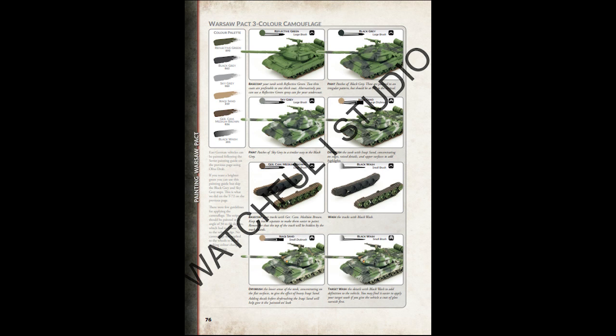Now, one of the things I did like about the Warsaw Pact book is showing you all the different kind of paint schemes that could be available to you. I mean, you could do that kind of standard green, but I really do like this East German camouflage scheme. If I did ever decide to strictly play East Germans, I probably would do that. For now, I'm just sticking to my Soviet green colors, so I can kind of field it for whatever